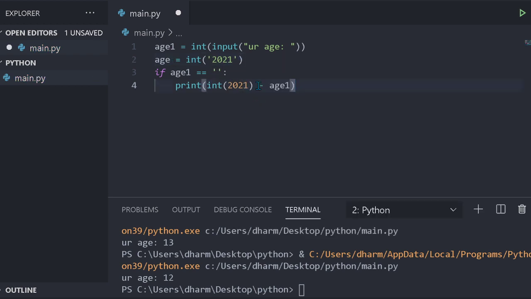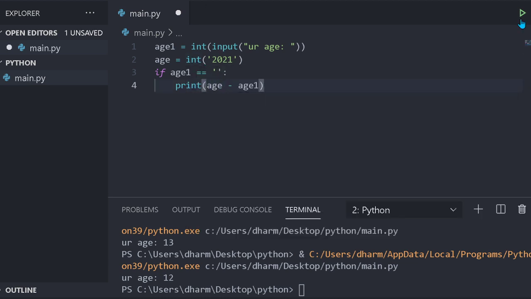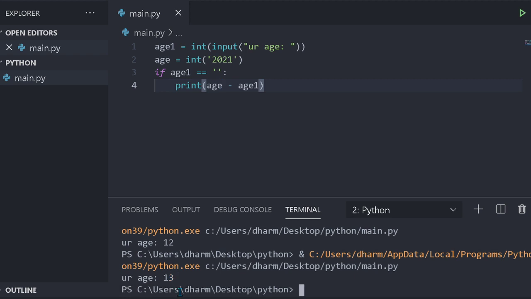Now let's try calculating the age, but this time I'm not gonna be putting any int. I'm gonna be writing simple age. So do that. Let's see. Hopefully it should give me the answer. And oops, I forgot, I did a big mistake. I forgot to print it out. So print